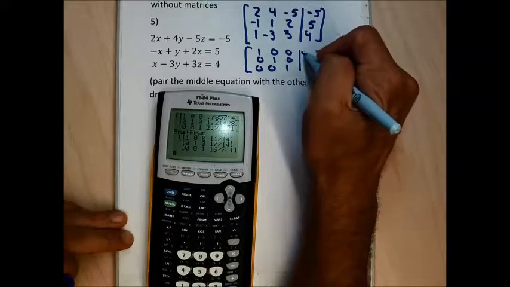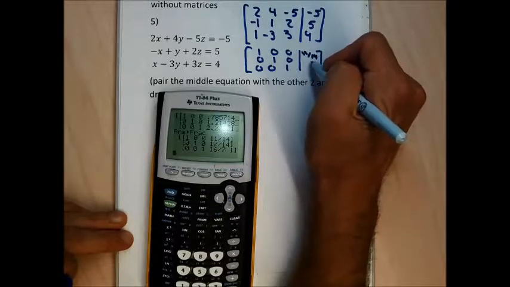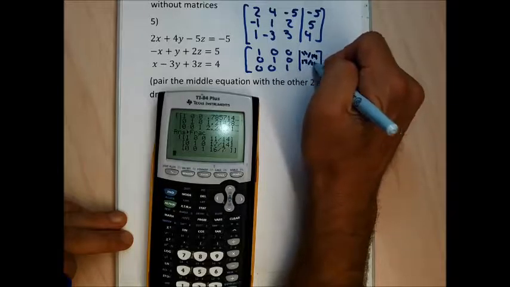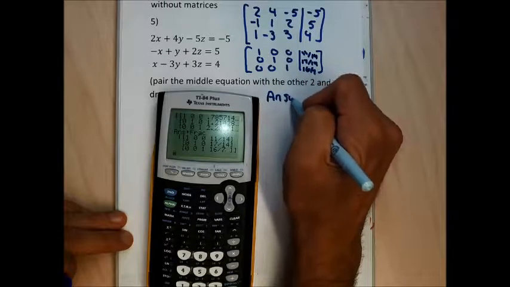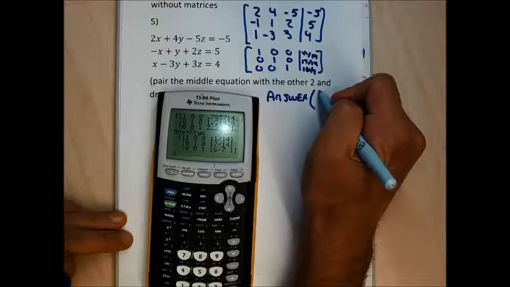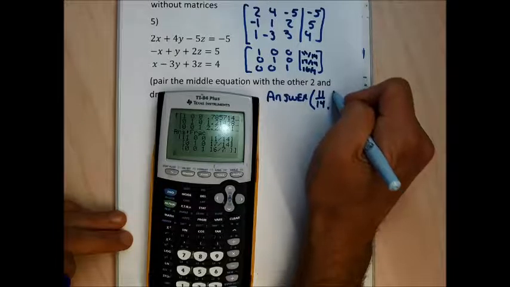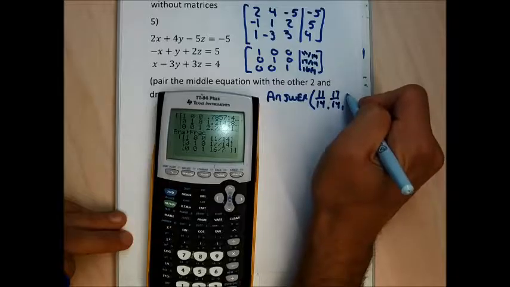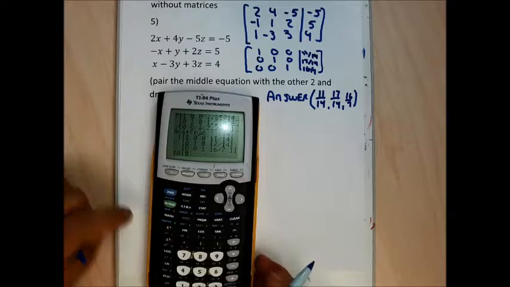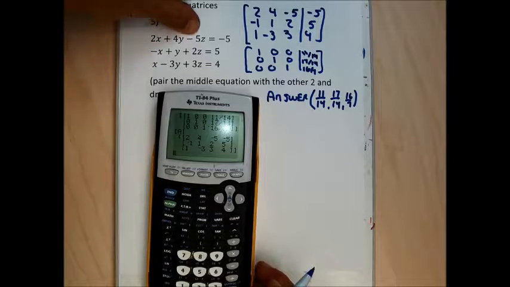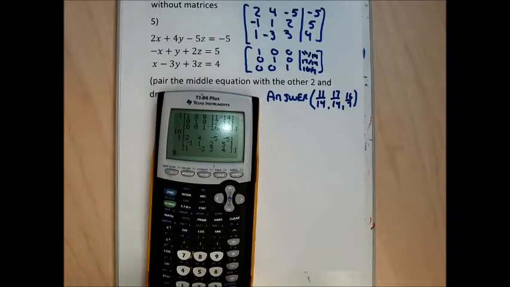Really unhappy with this. My answers are going to be x equal to 11 over 14, y equal to 17 over 14, z equal to 16 over 7. That's really, really unfortunate, but I believe that's the right answer, specifically because I double-checked the matrix on my calculator and it looked right. I don't usually make fraction answers, but they can happen. Let me double-check to make sure I entered this matrix right. So 2, 4, negative 5, negative 5, negative 1, 1, 2, 5, 1, negative 3, 3, and 4. So I actually did enter it right, which means I've got to push through the math now